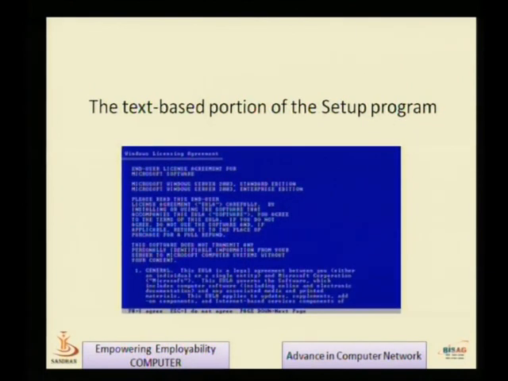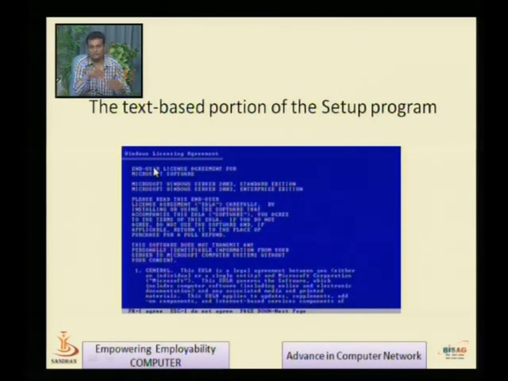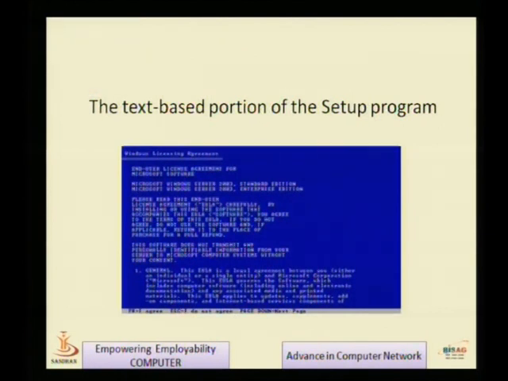After that, once you press enter, you will find the next screen, and here it is giving the user license agreement, that Microsoft is giving a license for the services provided under this operating system, and these are the rules and restrictions, and this is the binding activity. If we agree, then we need to press F8. Look here, I am rotating my mouse on the screen, F8 means we agree to the license. If you do not agree, then press escape, and this way if you agree to the license, it will start installing your Server 2003.